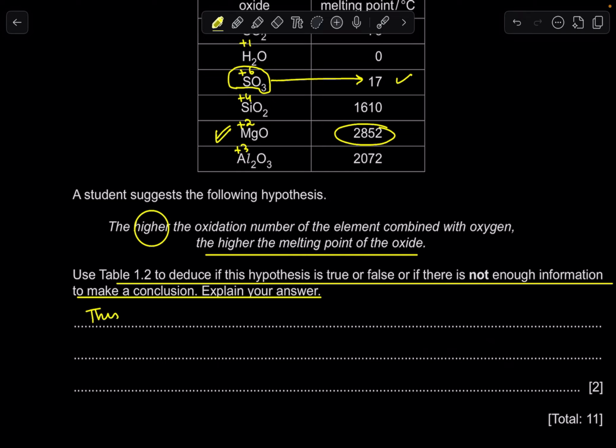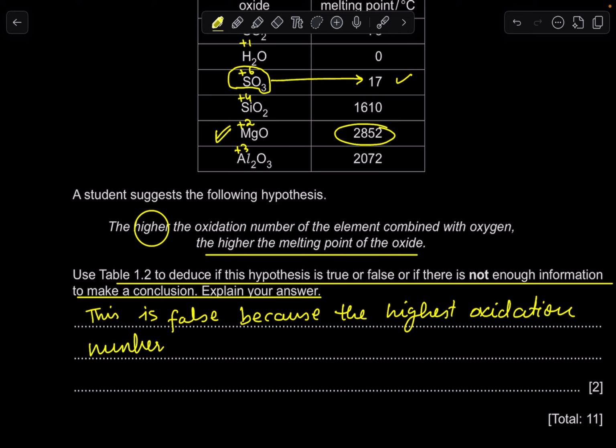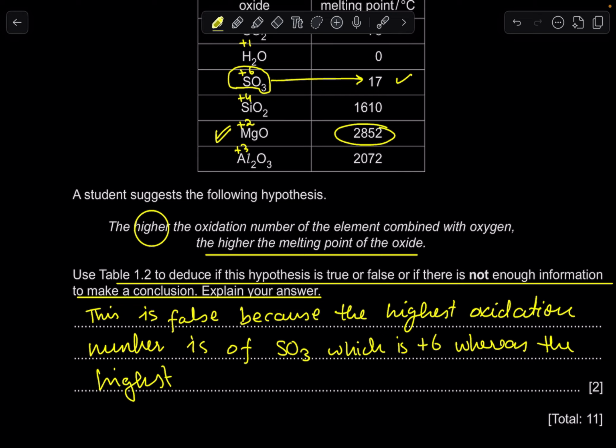So we're going to write that this is false because the highest oxidation number is of SO3, which is plus 6, whereas the highest melting point is of MgO,